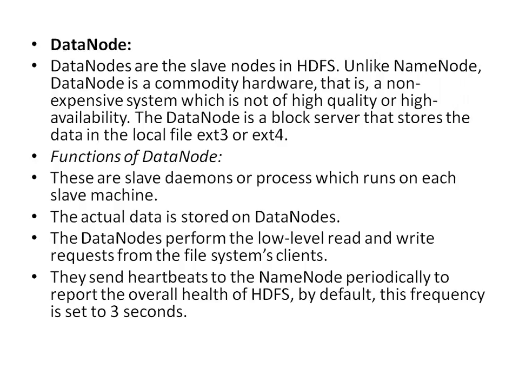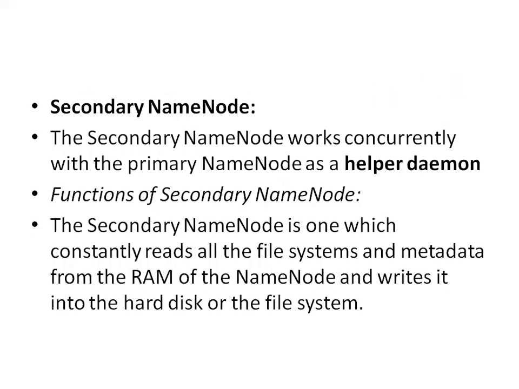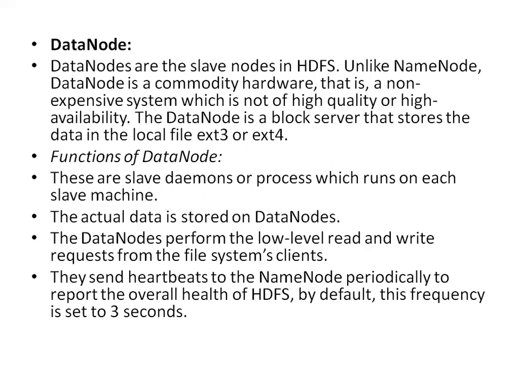Because it has to tell the client where the data can be stored, which locations are free, which nodes are free, which nodes are alive. All those details the name node should be maintaining. So the data node will always be sending a message to the name node every 3 seconds that indicates that it is still alive. That is what a data node is.